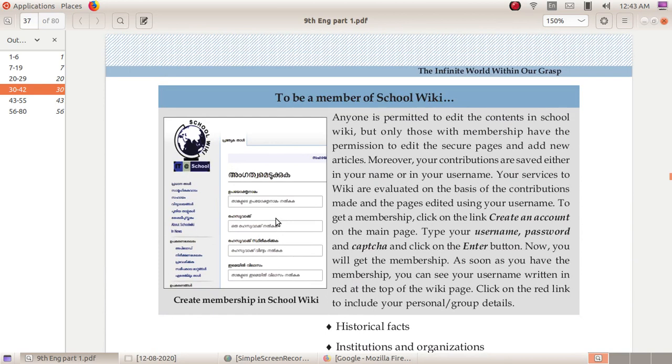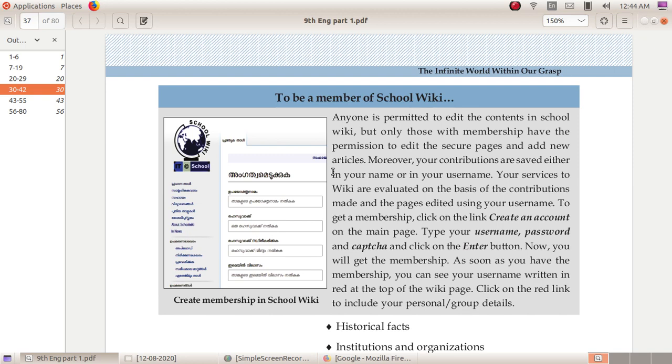To be a member of School Wiki: anyone is permitted to edit the contents in School Wiki, but only those with membership have the permission to edit the secure pages and add new articles. This is important.